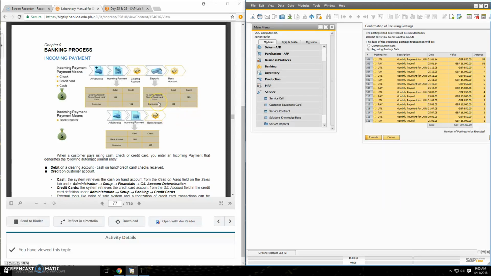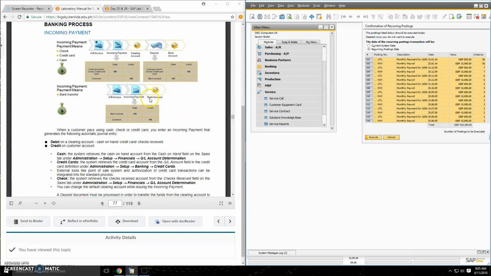So, Chapter 9, Banking Process, the Incoming Payment. When a customer pays using cash, check, or credit card, you enter an incoming payment that generates the following automatic journal entry: the debit on a clearing account (cash on hand, credit card, checks received) and the credit on the